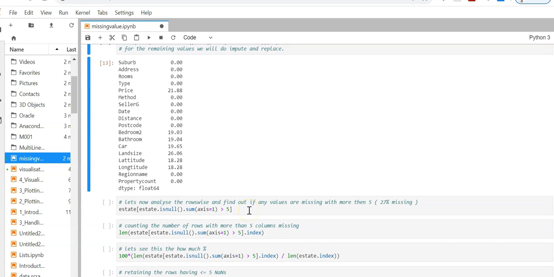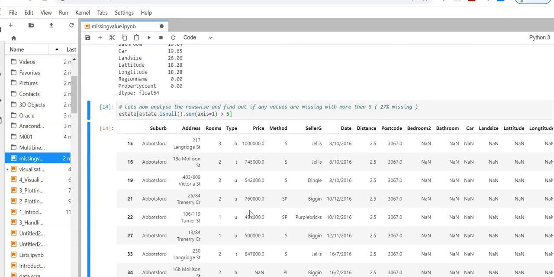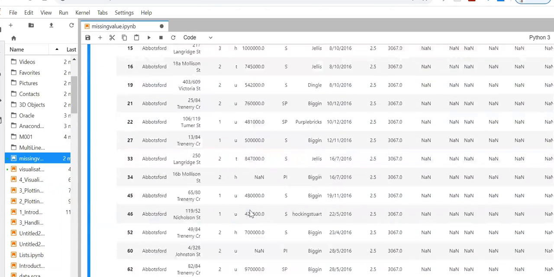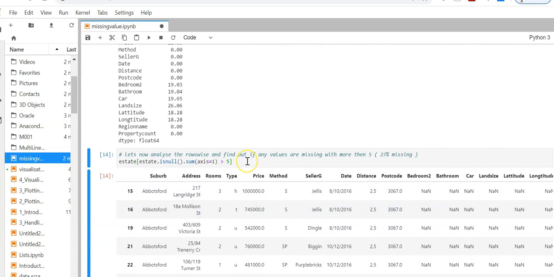So let us now analyze row wise and find out if any rows are missing more than 5 values. So here I have a few rows where the number of columns missing is more than 5. In our case, we have 18 columns in the estate data set, and we want to find rows with around 30% of data missing per row.